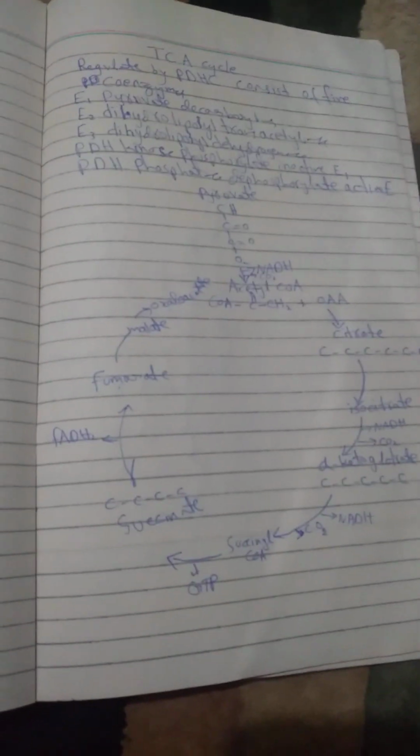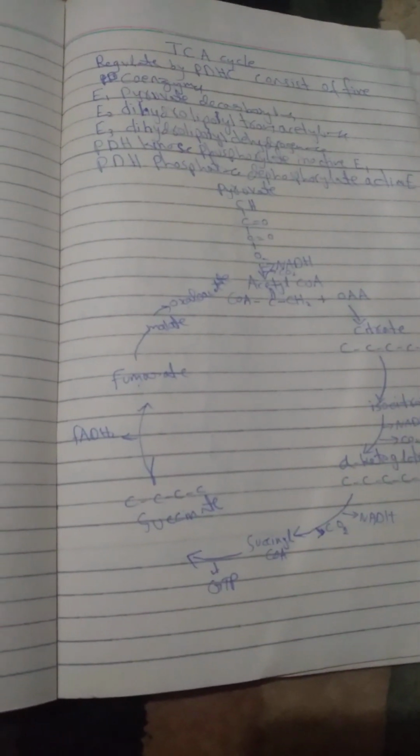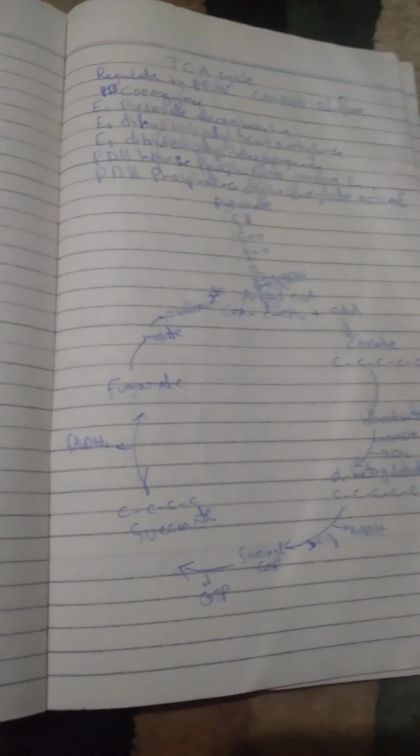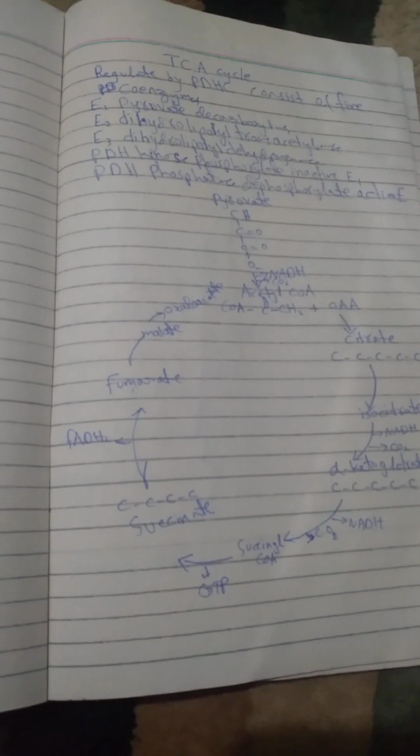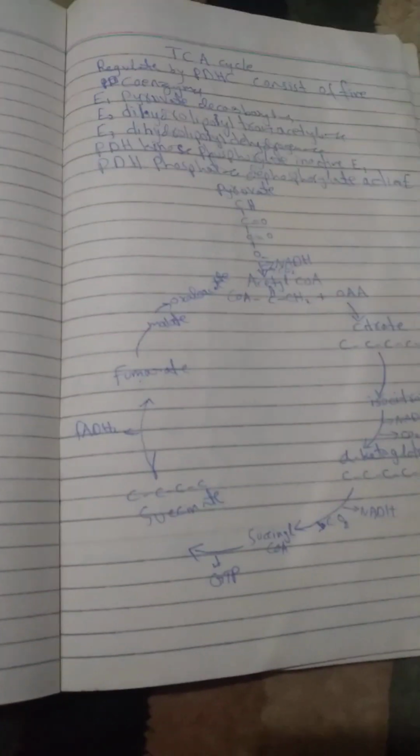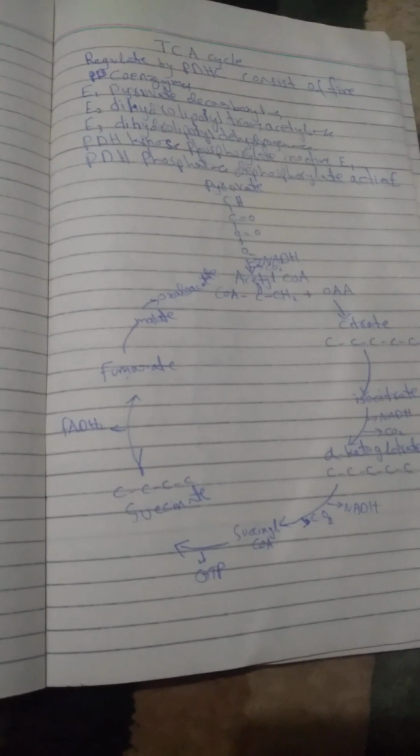Friends, today our topic is the TCA cycle or tricarboxylic acid cycle, which was discovered by Krebs. That's why it is known as the Krebs cycle. It occurs in the mitochondrial matrix. The first thing we discuss in it is